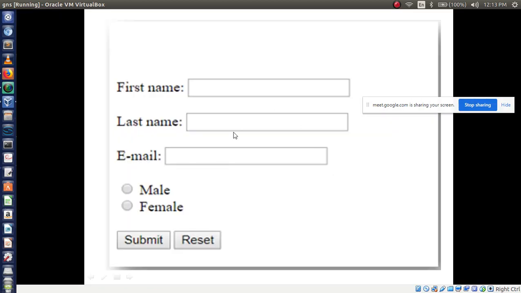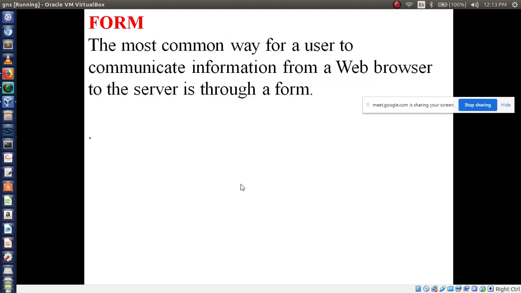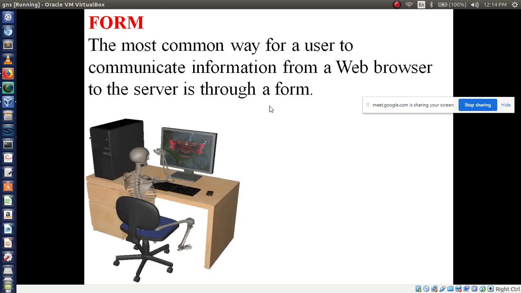Now I hope you understood the basic information about the form tag. So what do you mean by this tag? The most common way for a user to communicate information from a web browser to the server. How are you going to communicate using this form?